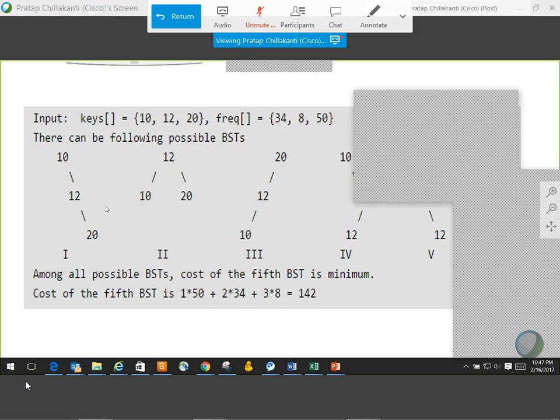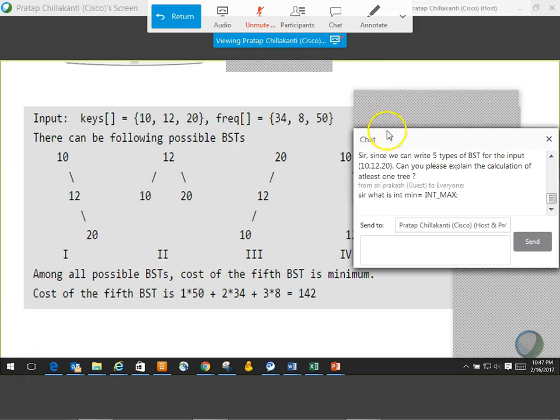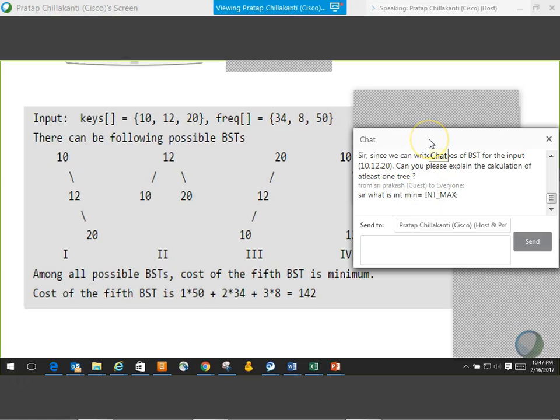Plus 12 is at the second level. I'm just putting level there, right? And then whatever that first node is at the root, the frequency of that, I'll say frequency of 10.